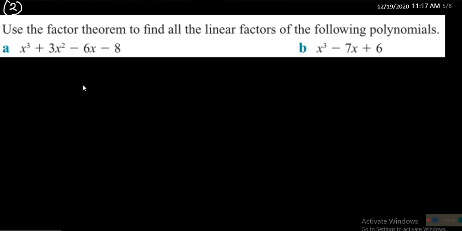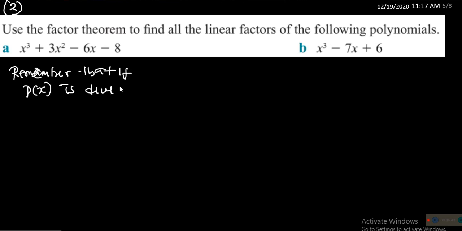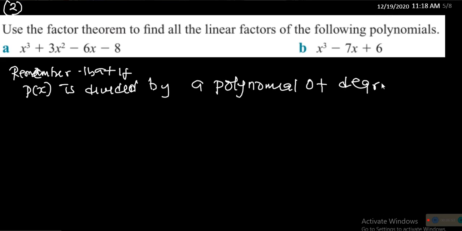Okay, the trial and error method. Remember here that if p of x is a polynomial divided by a polynomial, let's say of degree 2, then the factors can be written as